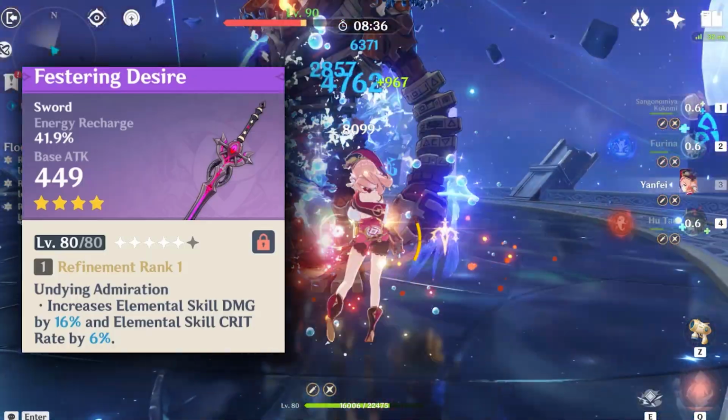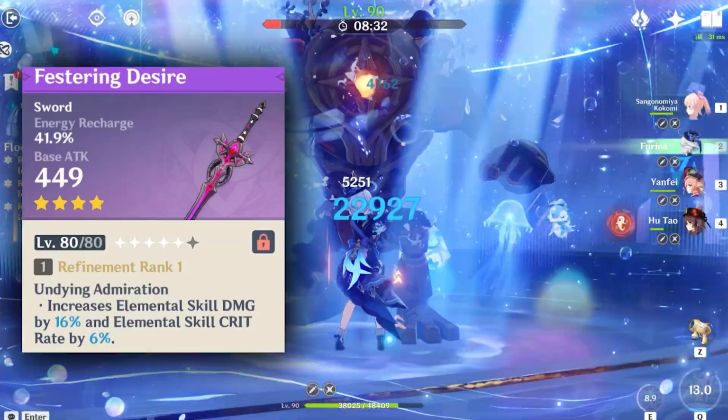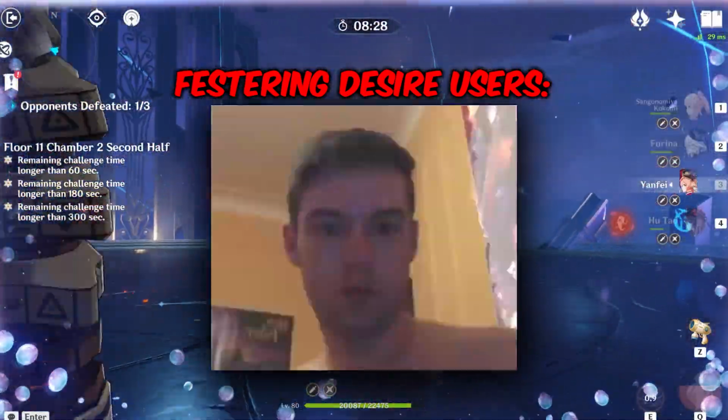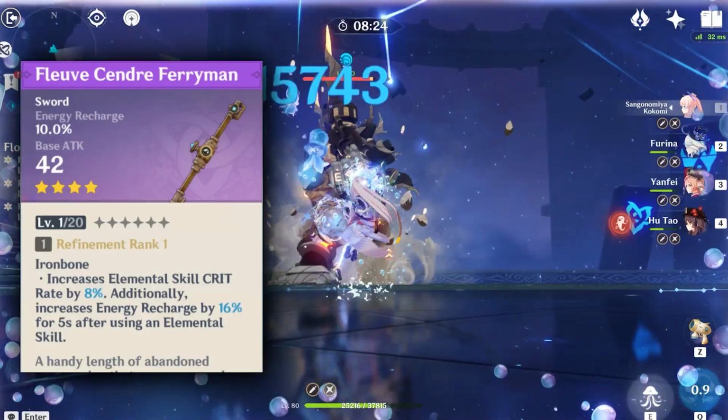which like I mentioned before, Furina needs, while also having an effect which boosts the damage and crit rate of her elemental skill, making it an amazing alternative. But this weapon came out ages ago, meaning that not everyone will have it, but if you do, you are very lucky. But some other 4-stars like the Fleur de Centre Ferryman can also work great, especially if you're free